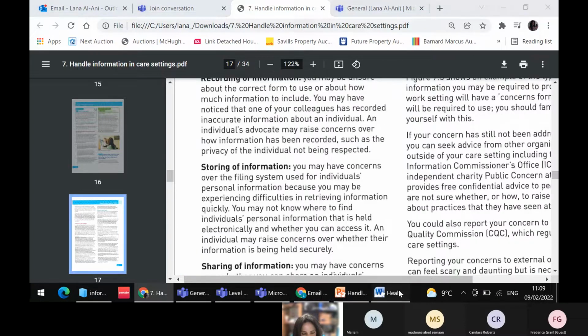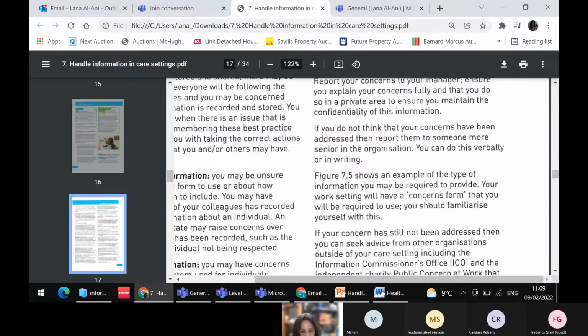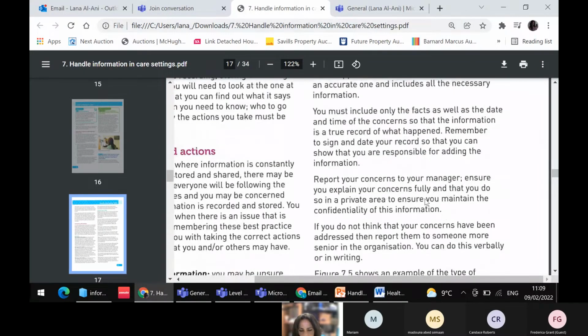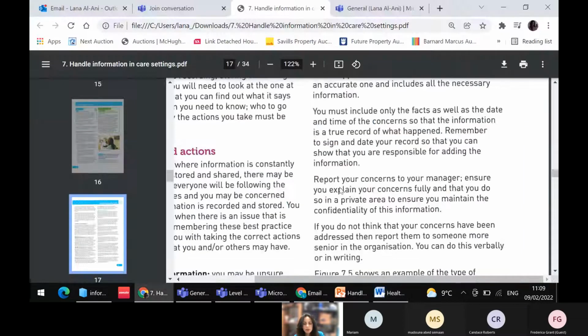But if you have these concerns, what would you do? To answer this question, you need to know what you do exactly. Like Candice said, report your concerns to your manager. So if I'm going to answer this question, I would say if I have any concerns over recording or sharing or storing information, I would have to report my concerns to the manager, ensure that they explain to me my concerns fully, and that